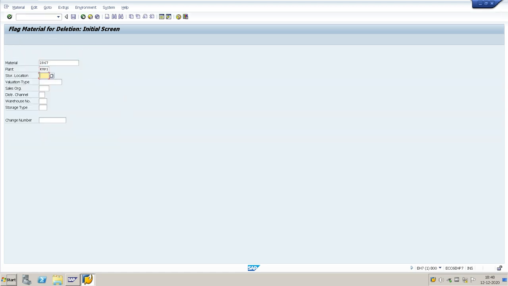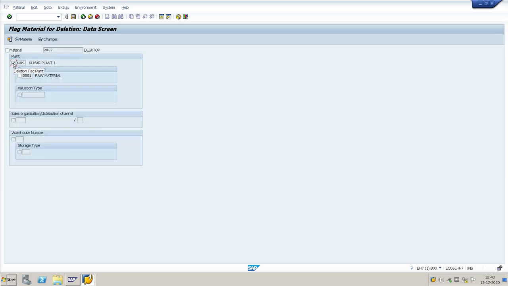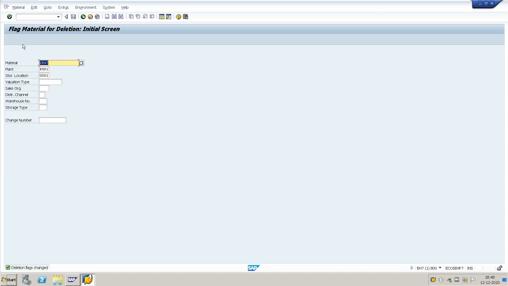You click here, storage location 0001. You can click here. It's only a flag for the storage location level. So this is also one of the ways of deletion block for material. Okay, it will not allow any material transaction in the system.